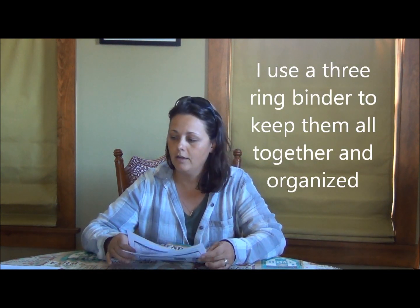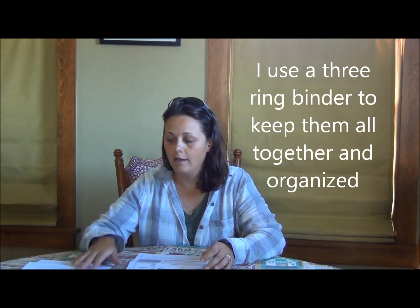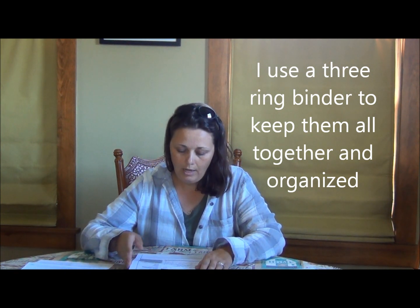So what I do is the insurance company sends what's called the claim recap, or an explanation of benefits. So every time you visit, you may get one, you may get two for one visit. It's important to keep these papers and to keep them organized. I usually organize them by date. I know I'm very particular about everything, but it's just the best way that I found to organize them. I organize them by date, and then when I get the bill, I can pair up the date of service that I got on my explanation of benefits with